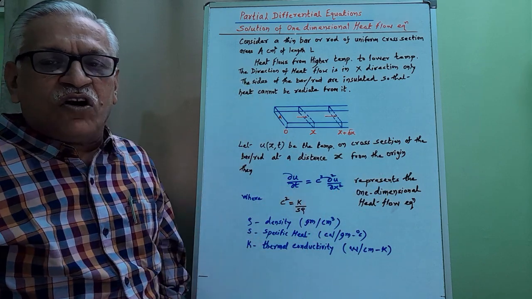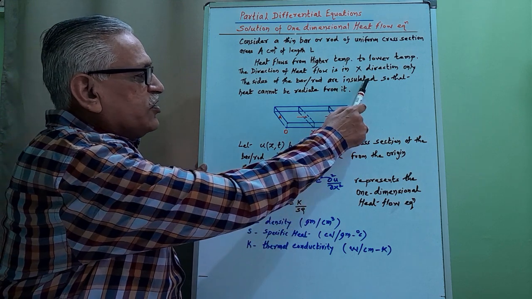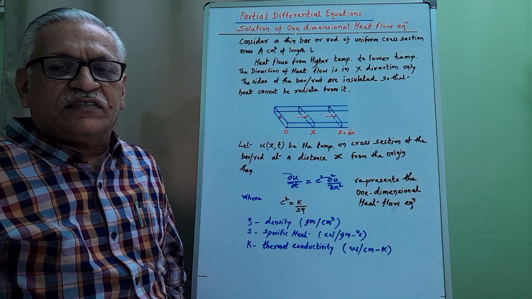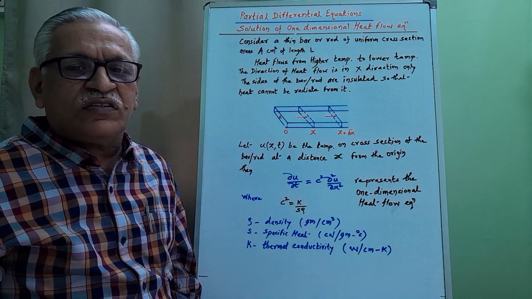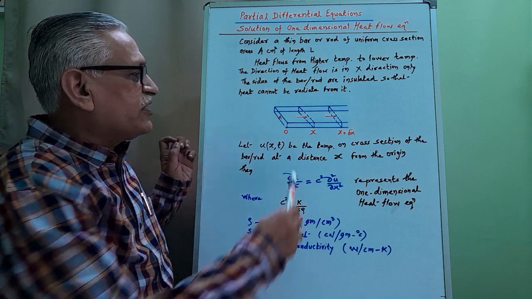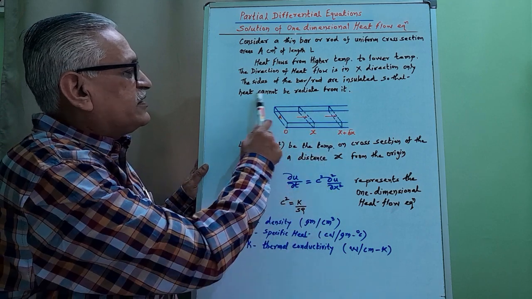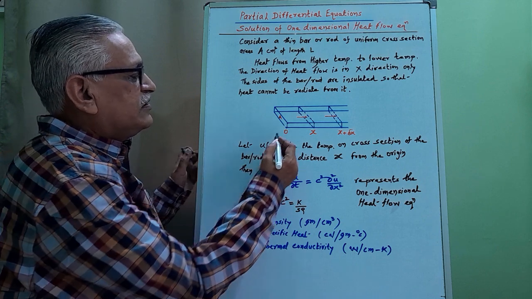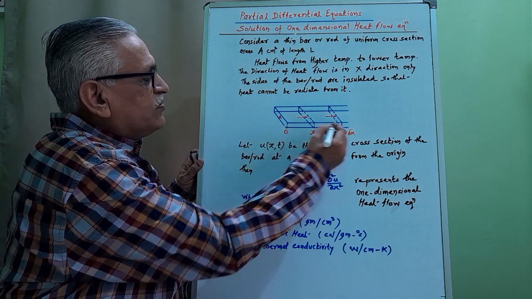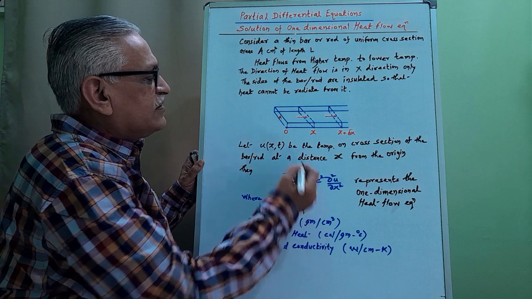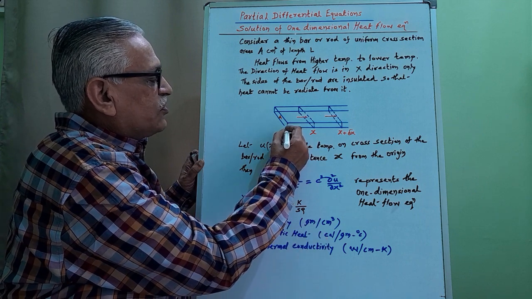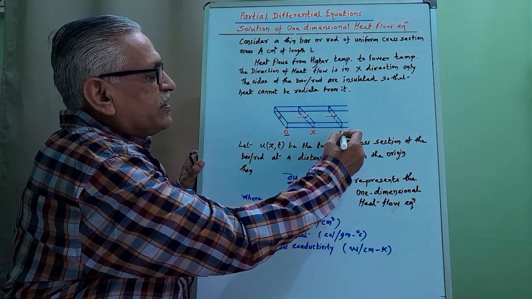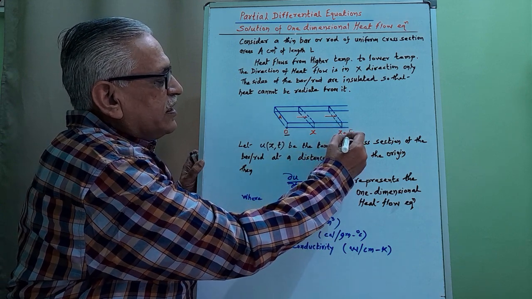The sides of the bar or rod are insulated so that heat cannot be radiated from it. The sides of that bar or rod are insulated by insulating material so that heat cannot be radiated from it. Length of this rod is capital L. One end of that bar is at the origin and the other end of that bar is at length capital